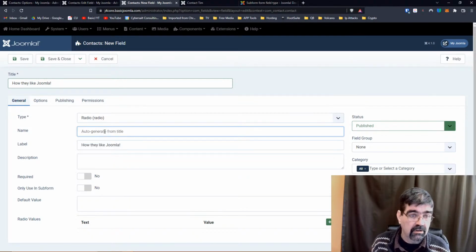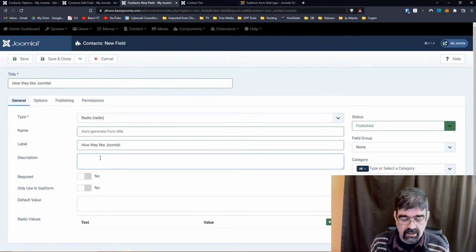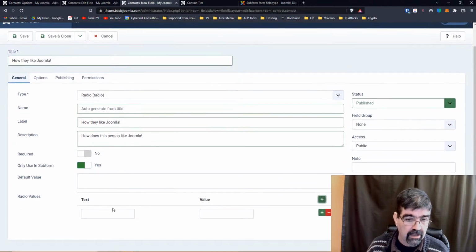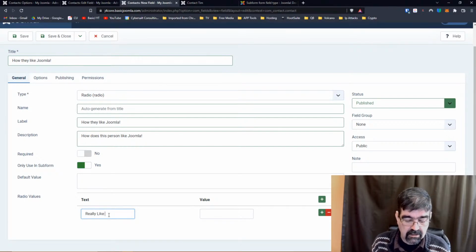I'll let it auto generate from the title. Description: How does this person like Joomla? All right, and we're going to say only using the subform. Yes, and the default value is, so we're going to have text, or they're going to say really like it,